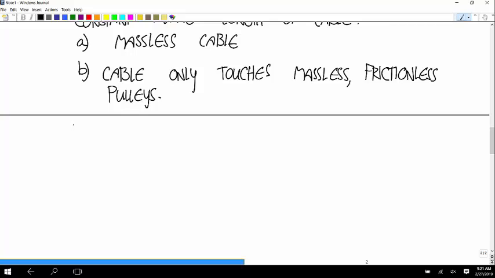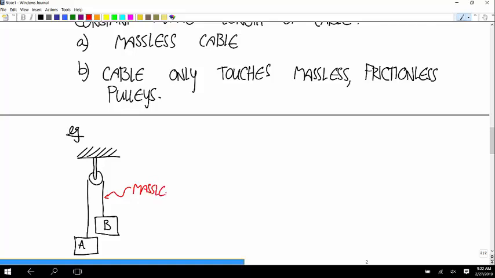Okay, so let me do one with a pulley. There's a pulley connected to the ceiling, and let's say this is body B and this is body A. Let's see. So if the cable is massless, and the pulley is massless and frictionless,